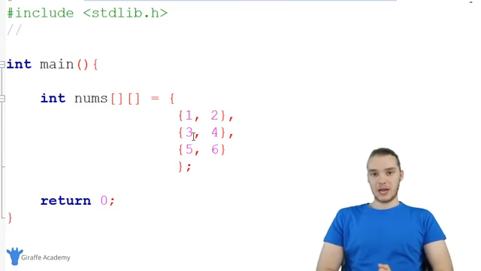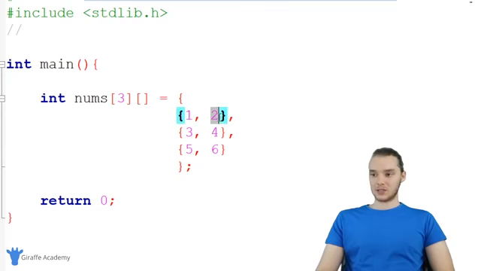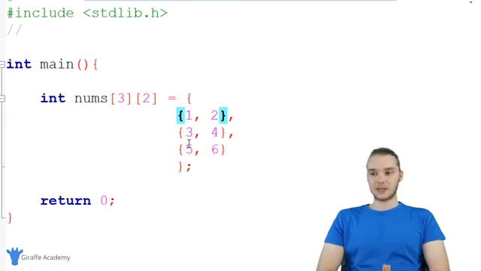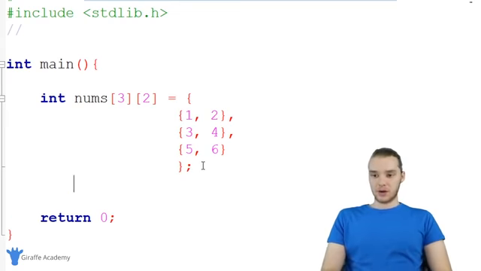So whenever we create a two-dimensional array like this, we always have to specify the number of elements and then the number of elements inside each array. So in our case, we're gonna have 1, 2, 3 elements in the array, and each array has 2 elements inside of it. So it's gonna look like that. So we would say 3 and then 2. And that's basically how we create it. So now let's talk about accessing these elements. So I'm gonna create a little print